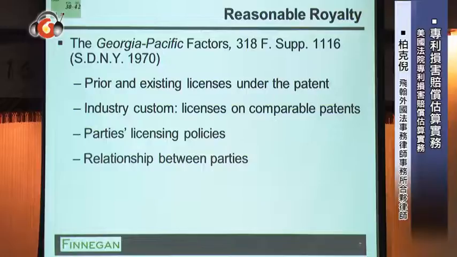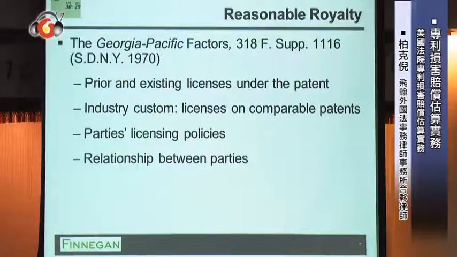And so the court listed the things that usually would be considered in this kind of analysis. The first and most important, I think everyone agrees, is there an existing license already in place between the patent owner and someone else for the patent? Often you don't have this in litigation. So the first factor, although if it's there, it's considered the most important factor in the analysis, usually isn't there.